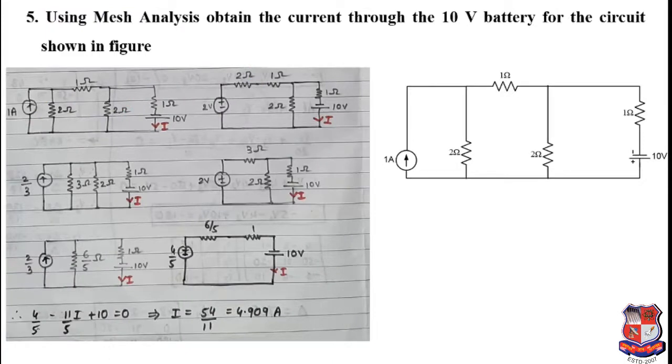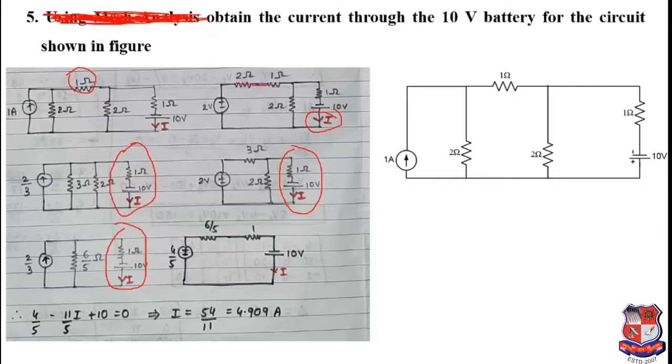So continue. This was not there. You are told just to find the current, so this is the simplest method. This 2 volt will come in series with 2 ohms, and that is connected in series with this 1 ohm. Then the whole circuit remains the same, and you need to find this current. I am leaving that much part untouched, and solving all the other parts. You see that this portion remains the same in all the cases, so no changes will be there in that portion.